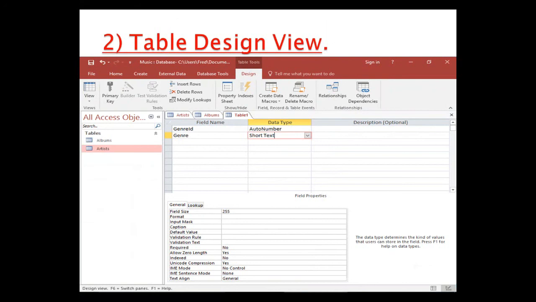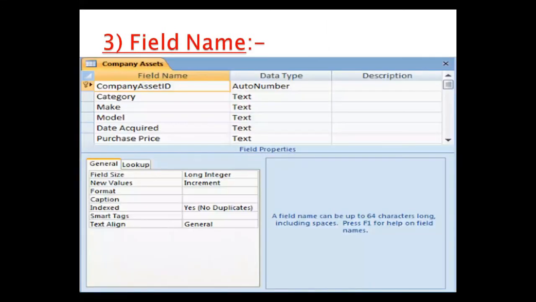Note that the default name assigned to the table is Table1. Field name: type the name of the field into the field name column. For example, company, assistant, category, make, model, date acquired, purchase price. These are the field names.